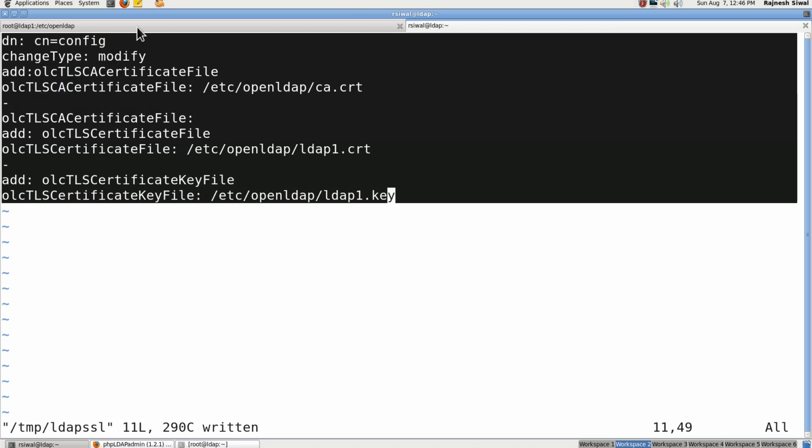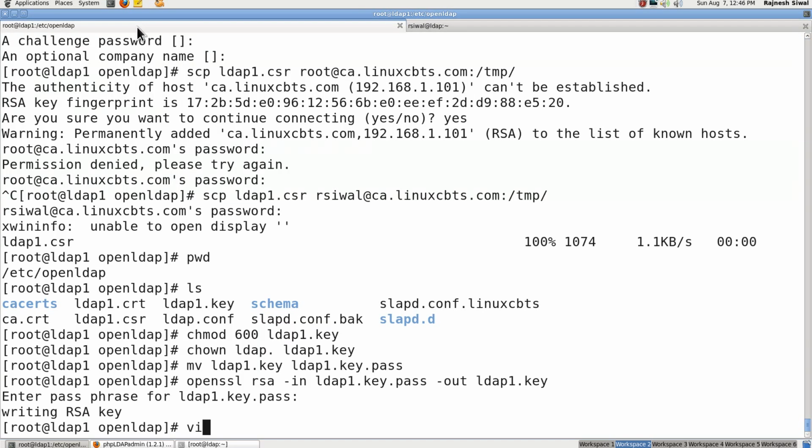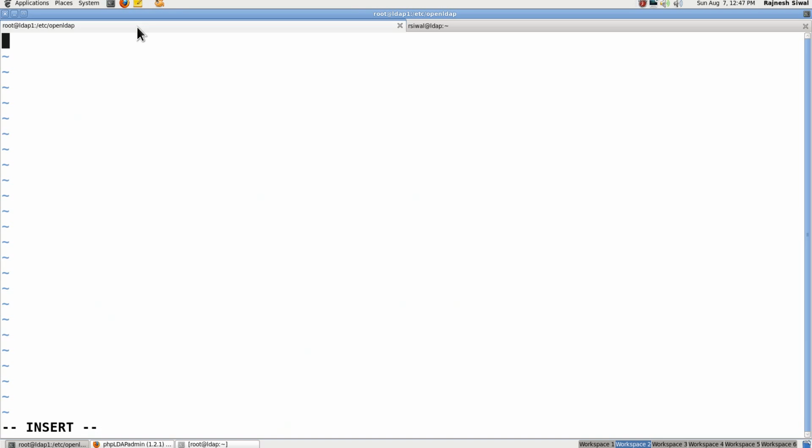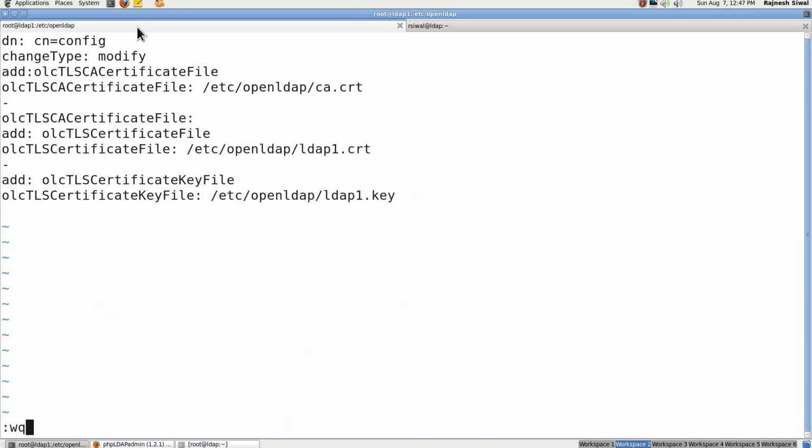Let's just copy these things. Create any LDIF file, copy the details. Let's try to understand it. Under cn=config, we are adding the olcTLSCACertificateFile attribute with the value ca.crt.